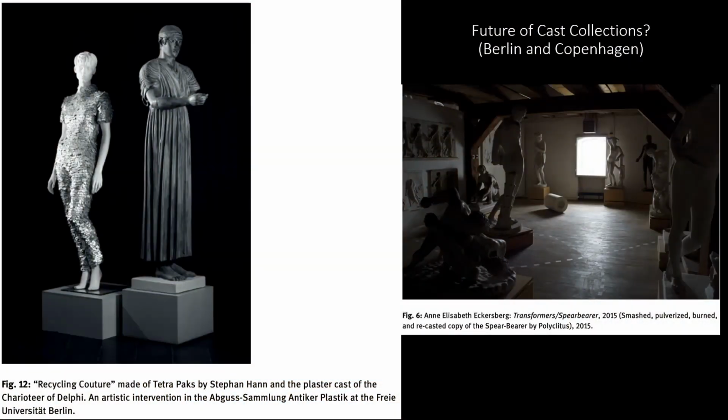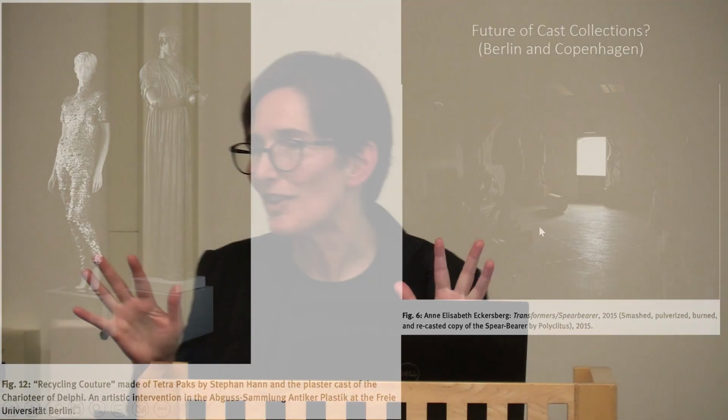So, the question would be, what is the future of cast collections in view of this problematic heritage? I give you two examples. I honestly don't know what we can do, but one is sort of art and fashion show, and this is an example from Berlin on the left-hand side, with a combination of sustainable fashion and the plaster cast, and the one that I like more on the right-hand side, again,